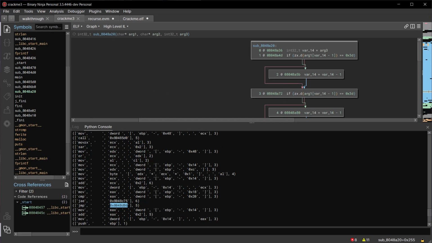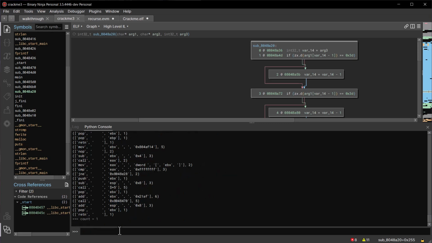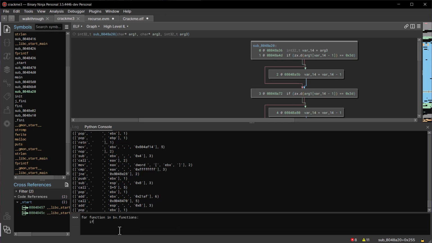So let's say now we want to search for something specific, right? Let's say we want to search for string compares. We're wondering how many places in this binary are doing string compares, because we care about when they're comparing our user input. So say, okay, count equals 1, and we're going to make a function. We're going to say for function in bv.functions, and then we're going to do a little bit of logic here. We'll say if